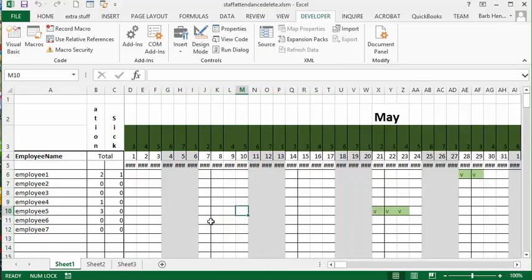And so now, if you see here, it has deleted everything that is 30 days before today, so that it's all cleaned up, and the numbers have changed here as well, because I'm doing a SUMIF, and there's no more sick days or no more vacation days in the first section. So that's how you make vacation and sick days